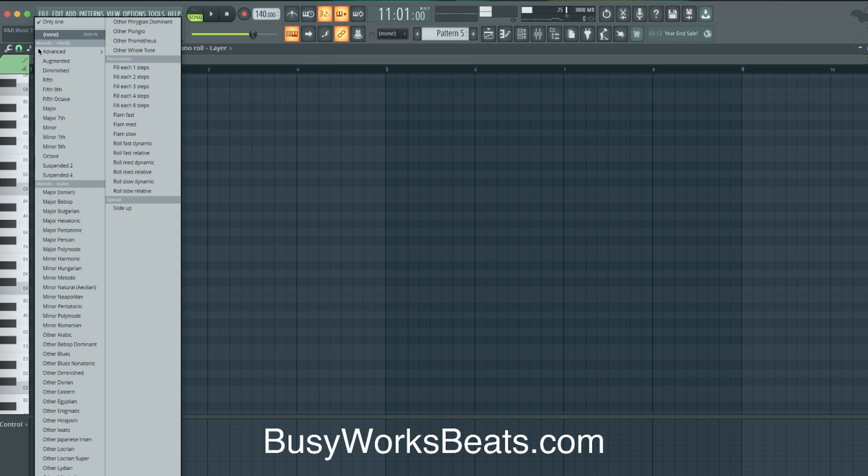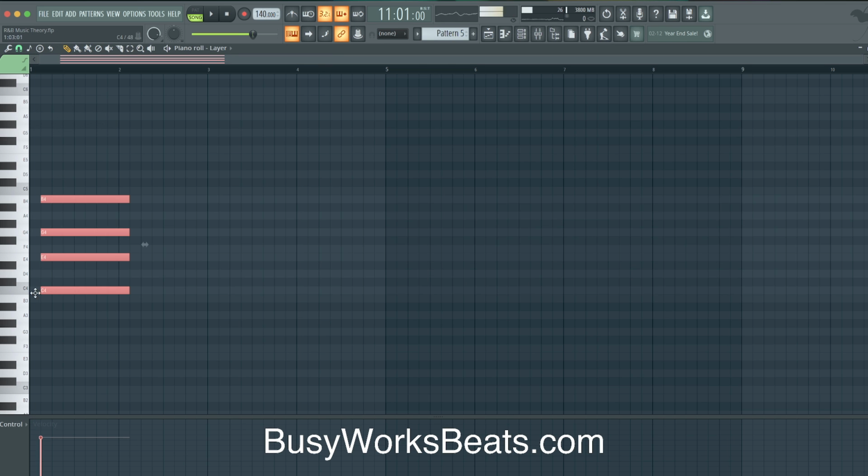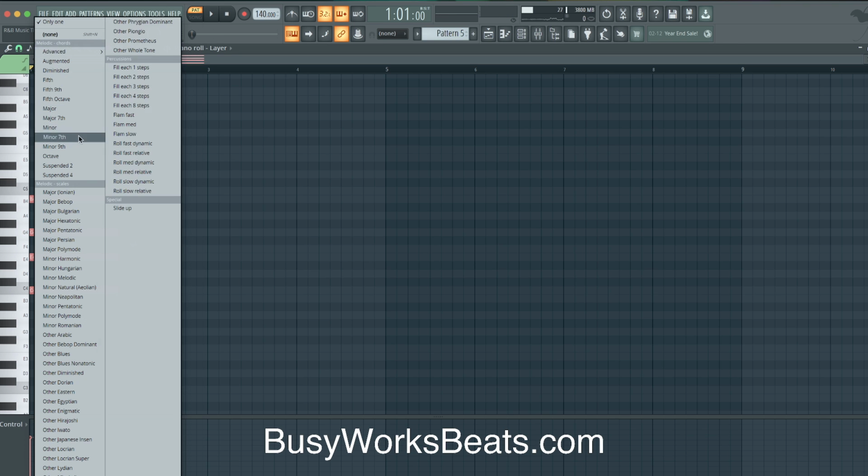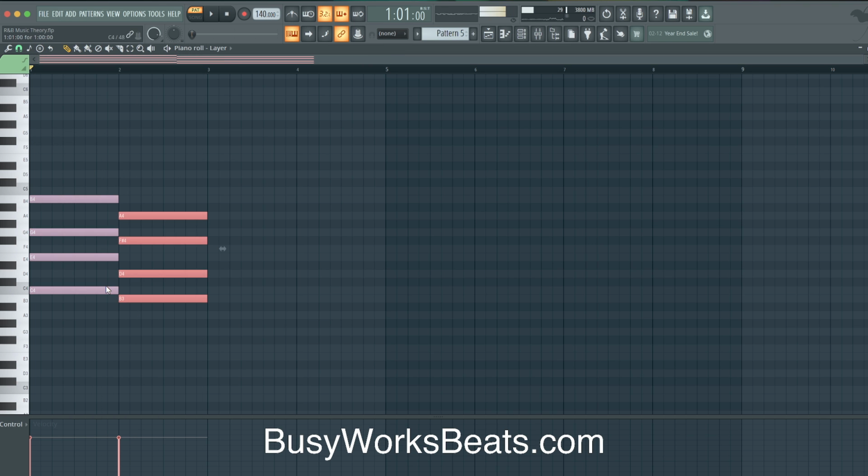We have the major seventh. Let's move this. Let's do C. Let's keep building chord progressions here. We have the C major seventh, then we're going to move to the minor seventh chord at B, half step down. Now, this is called chromatic movement, so I'm going down one half step at a time. This is very gospel-y to do it this way.